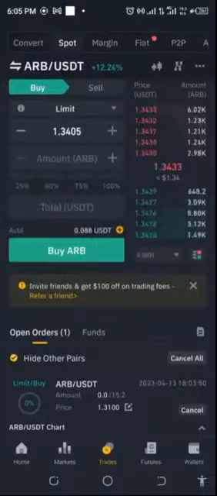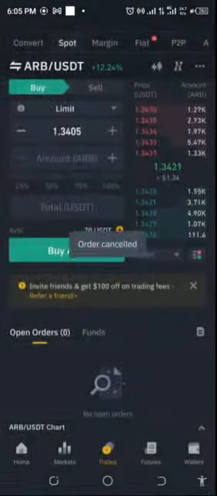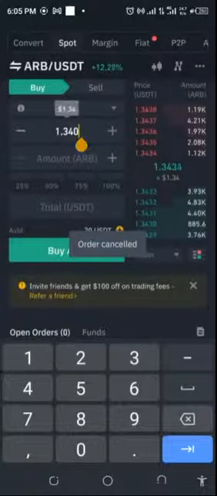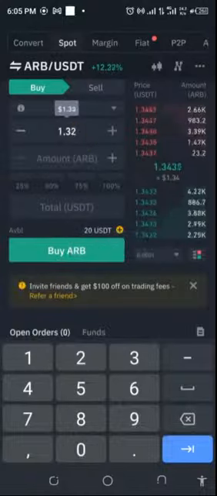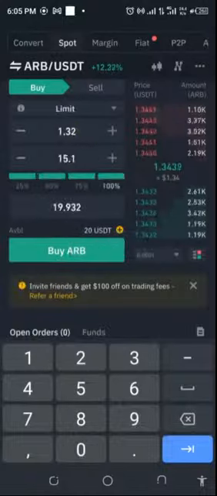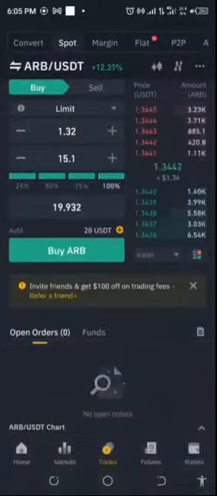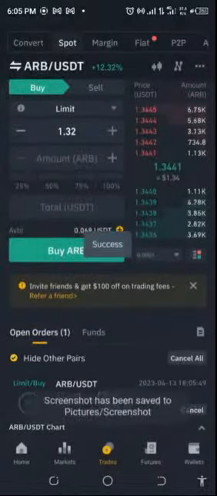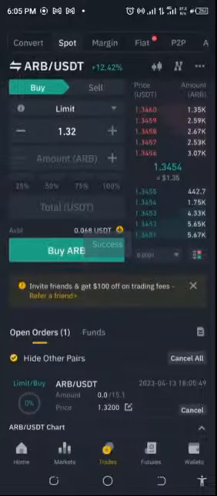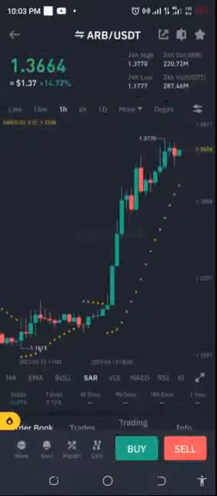Okay, I'm going to cancel that. And then I'm going to set the buy limit to 1.32 and then pick up the entire thing. I think that should just be fine. That should just be fine. 1.32 should look like a considerable amount, and then let's just stay in the queue. So I'll be back again with the results. Wow, it's